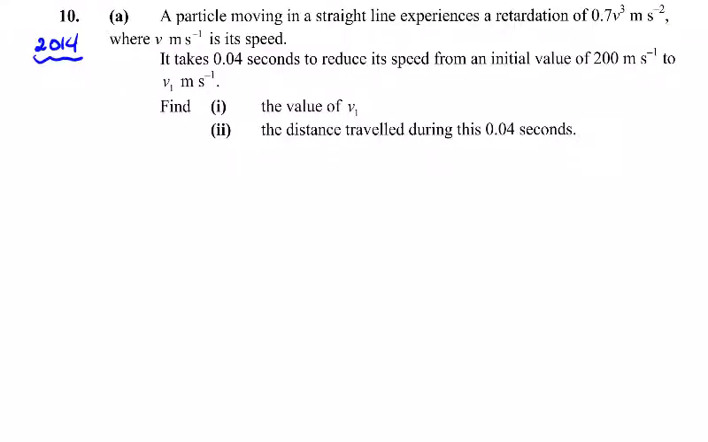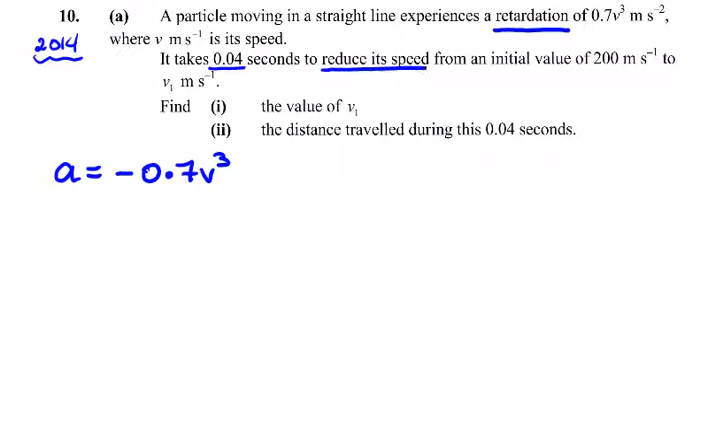This is 2014, question 10a. A particle moving in a straight line experiences a retardation. So we have acceleration is minus, slowing down, 0.7 v cubed, and v is the speed. We have a time interval here, 0.04 seconds, to